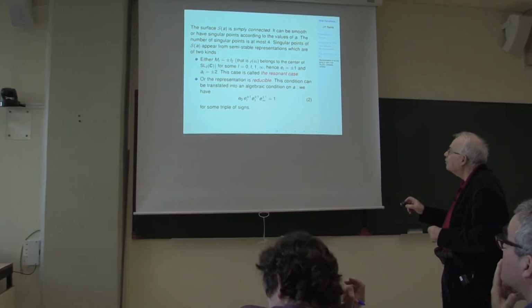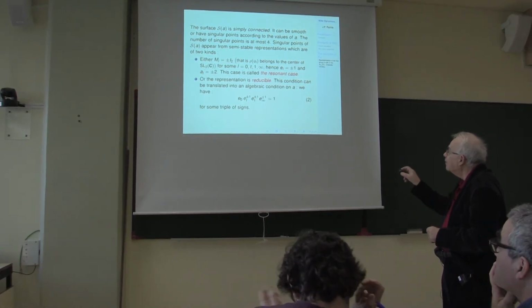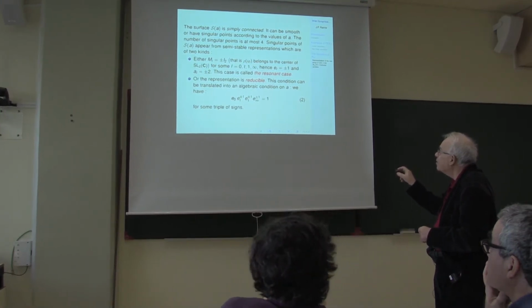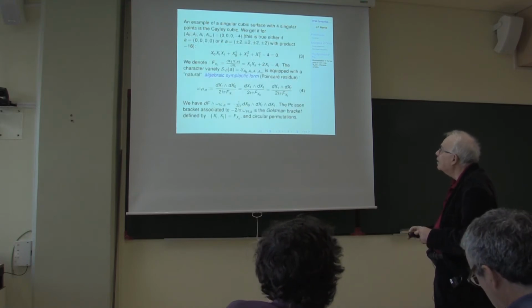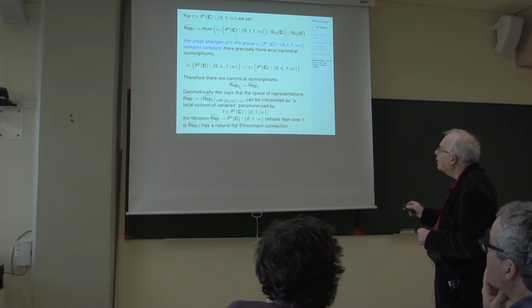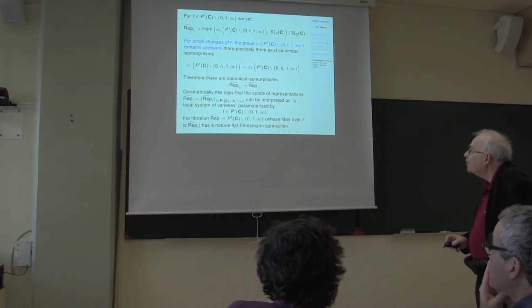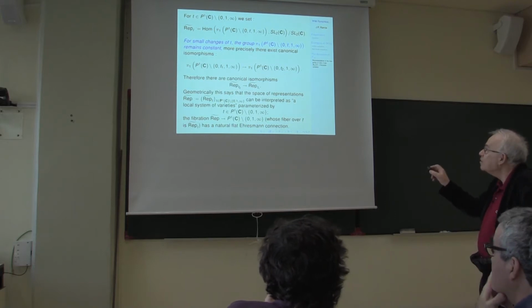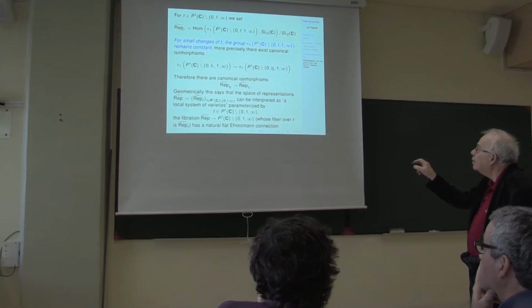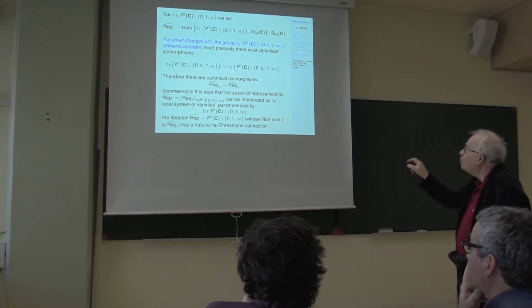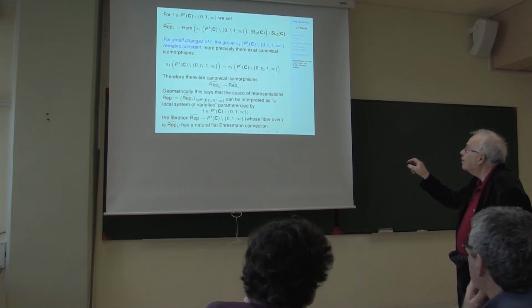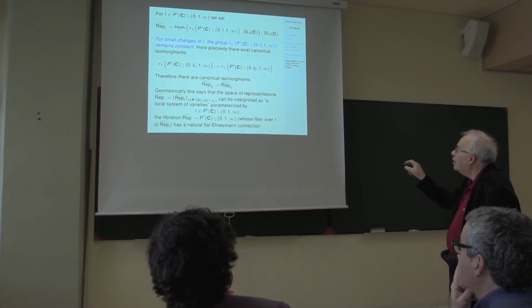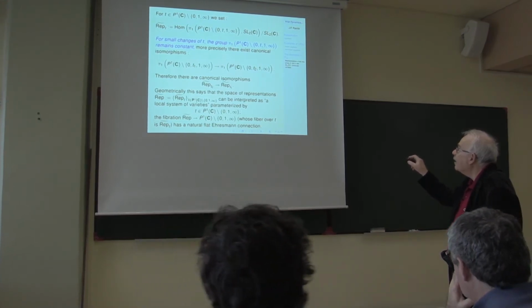Okay, I recall the notation. The E_l are the eigenvalues of the matrices at each singular point. Okay, and yesterday I stopped, I think, at this point. So I look at the space of representations from the fundamental group of the 4 punctured sphere. Here are the 4 punctures, in SL2, and this discussion is modulo equivalence of representations.